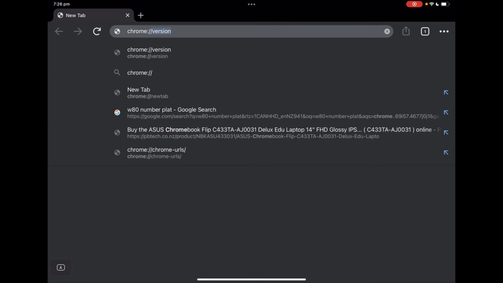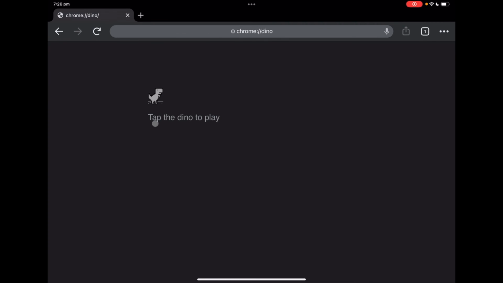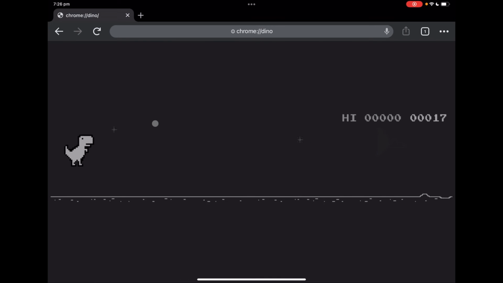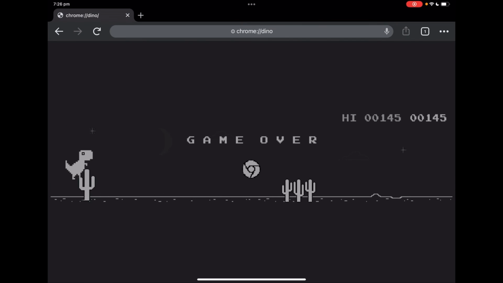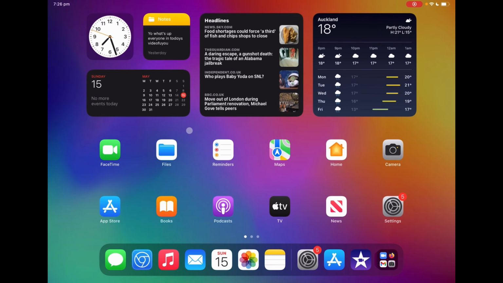And I'm just gonna go to Chrome and Dino. Yes, the Dino game still works here as well, so I can just simply click on space. Well, if you're on mobile and you do not have a keyboard connected, you basically just tap. And I'm not too good at this game. It's basically just an offline game that everyone plays. That's when it's offline. Not everyone, not a lot of people play it, but yeah, it's a feature in Google Chrome, so yeah. So yeah, that's how you can use Google Chrome on mobile, and I'll jump back on the